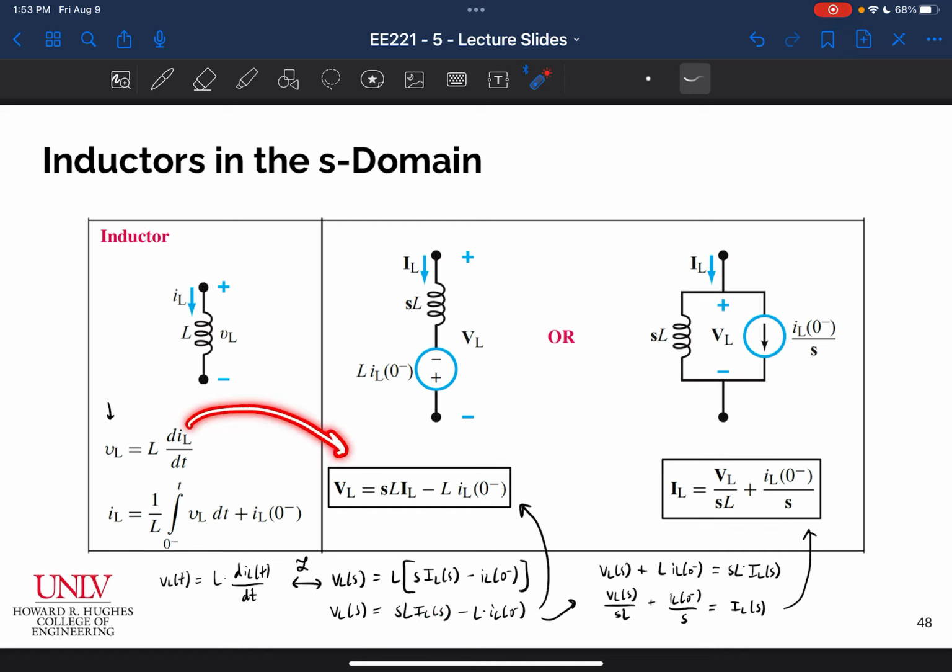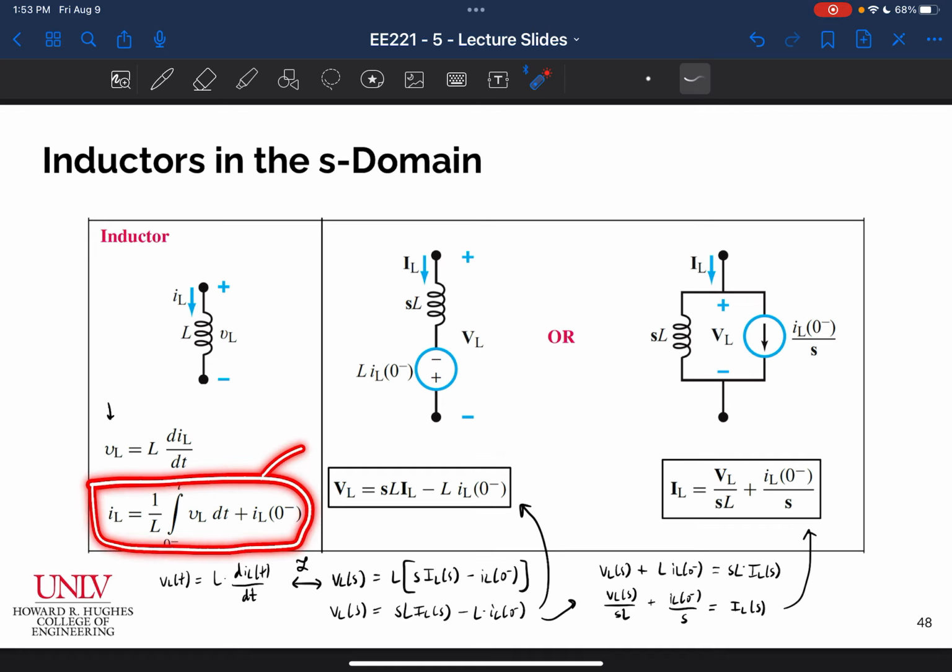But really what they're doing here is this VL expression converts directly to this VL expression in the S domain, and this IL expression converts directly to this IL expression in the S domain. So you can also see that. This is VL. By time integration, you divide by S, so that's why I get VL over S here. The constant comes along for the ride, and then my initial condition is a constant, so that just gets divided by S,